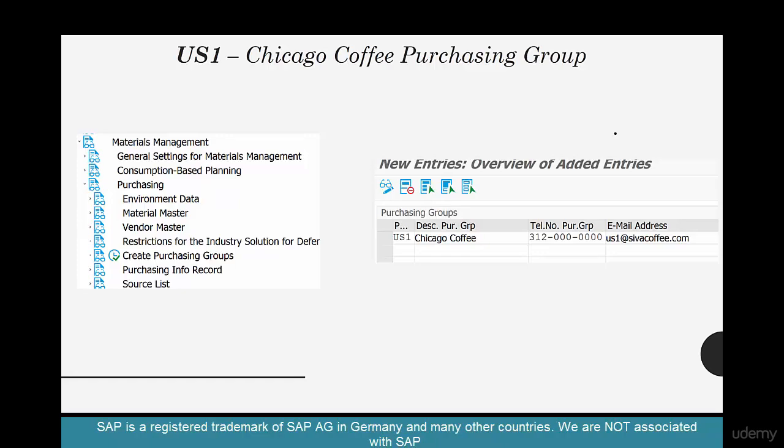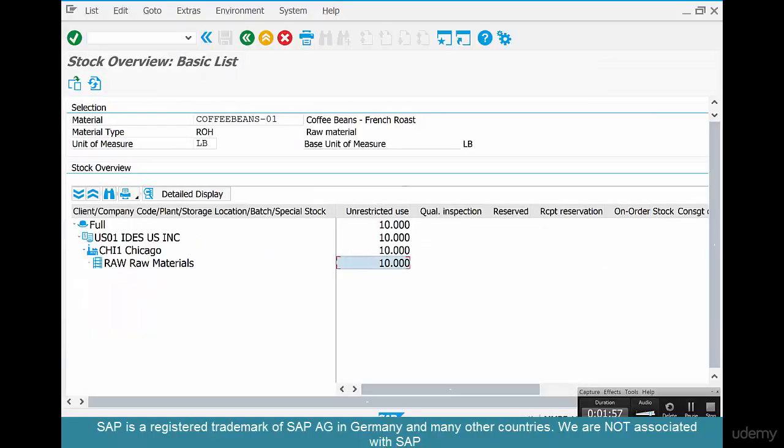And how do you create a purchasing group? Although you enter it in the org data of the purchase order, it's not really an enterprise structure element. So go to material management, purchasing in SPRO, and you can create a purchasing group there. Let's go create one. So go back,